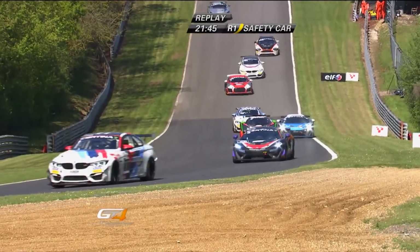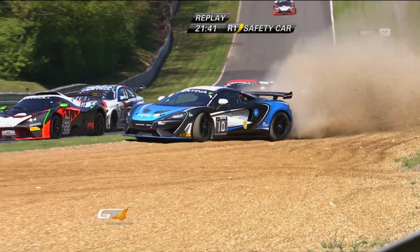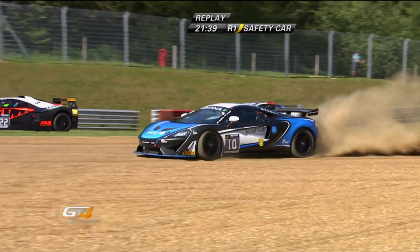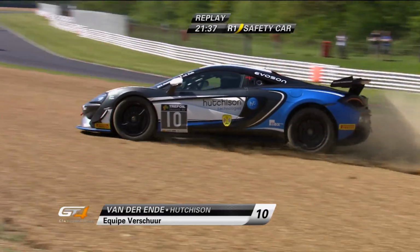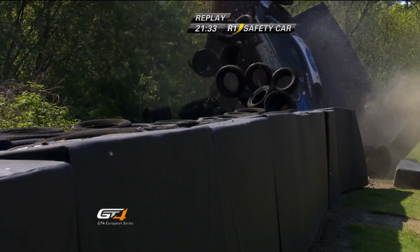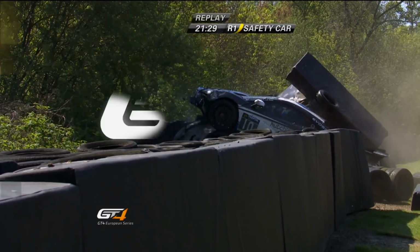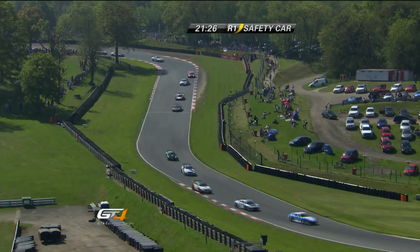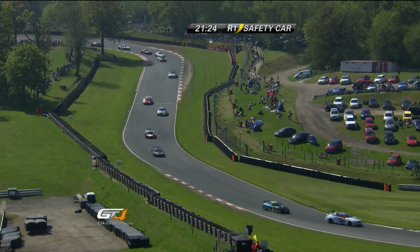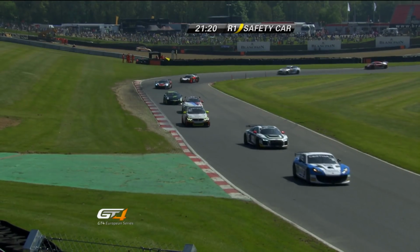So here it is, van der Ende to the outside, and the KTM just moves across. Tries to, I was going to say, tries to go for the line, but actually it was way out wide anyway. So Laura Kryhammer moves across, contact made, and the McLaren through the gravel. There's just no stopping power. Up the barrier, and a big hit. So the GT4 team straight away asking for that to be investigated, and the safety car